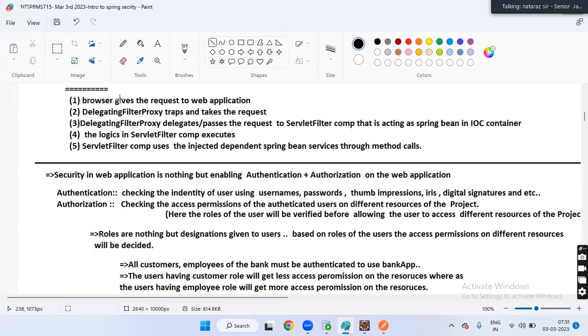I will link it with Spring Security or Spring Boot Security at the right time. Security in a web application is nothing but authentication and authorization. It's a combination of these two things, guys. What is authentication? Can you tell me? Authentication is all about checking the identity of a user, boss. Understanding my statement, guys?